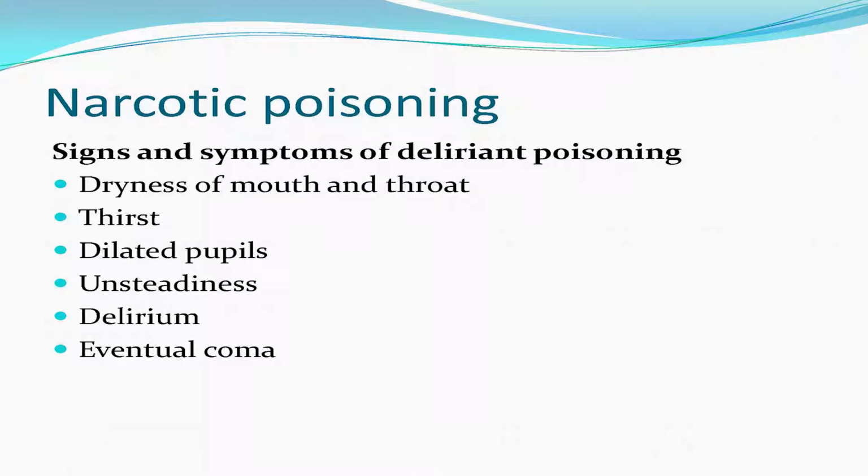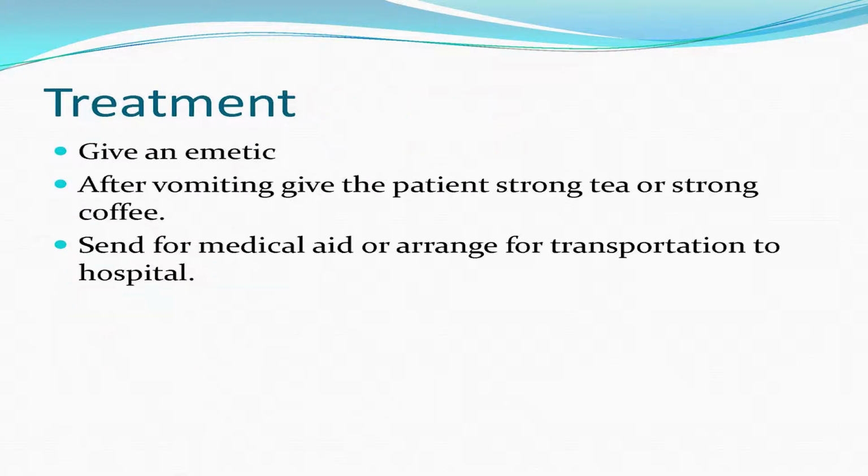The deliriant causes dryness of the mouth, thirst, dilated pupils, unsteadiness, delirium, which is confusion, and then eventual coma. The treatment is that you give an emetic to induce vomiting. After vomiting, give strong tea or coffee. Send for medical aid